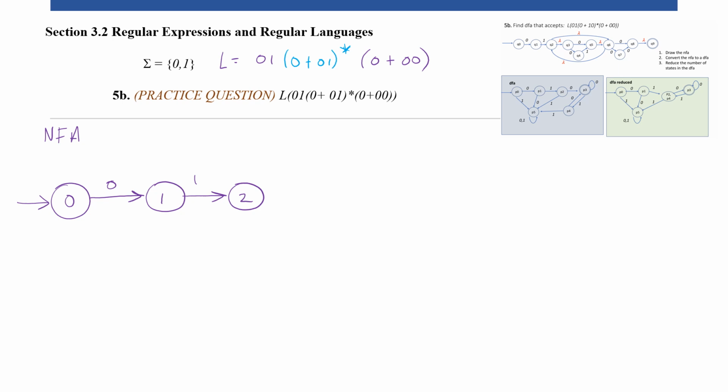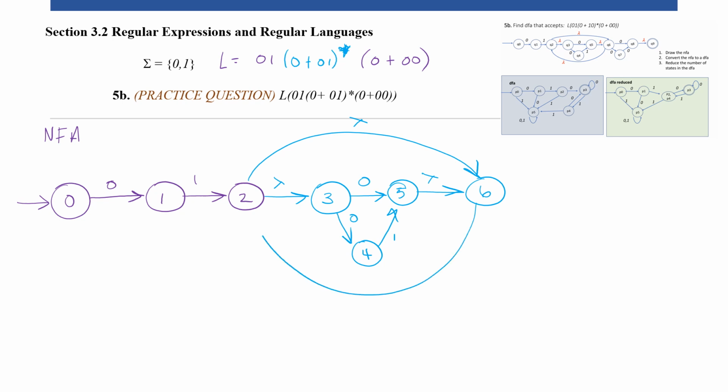Okay, so I'm going to add these lambda transitions because I want to make a whole cycle around this whole section. So I am going to add a lambda transition here, and then from 3, I could either get a 0, 1, or I could just get a single 0. And then I'm going to put a lambda transition here over to 6. Because this has a star here, it means I could get as many zeros as I want or none. So I'm going to have a lambda transition over